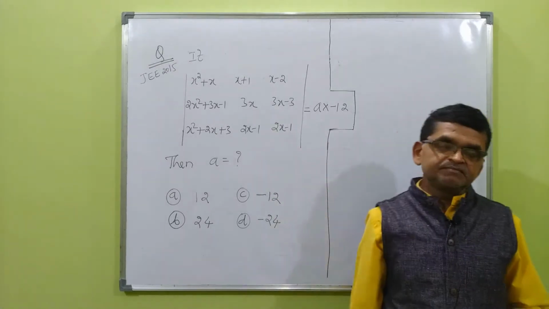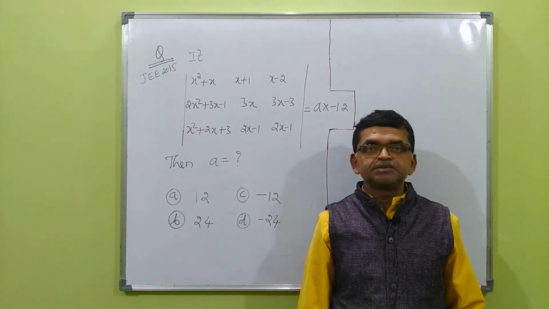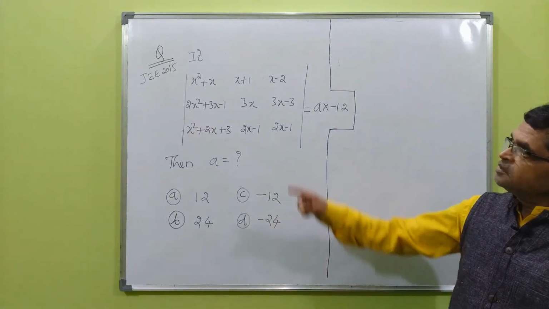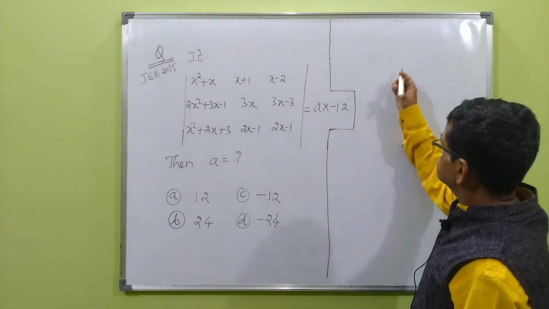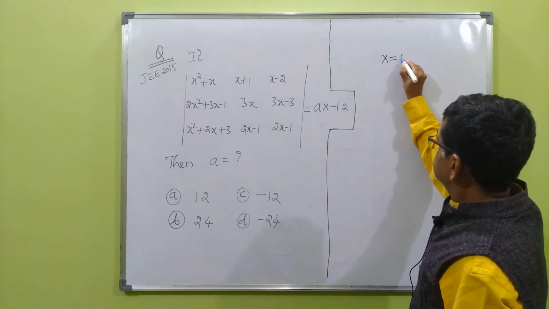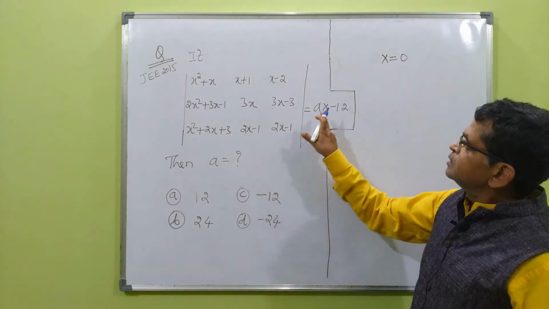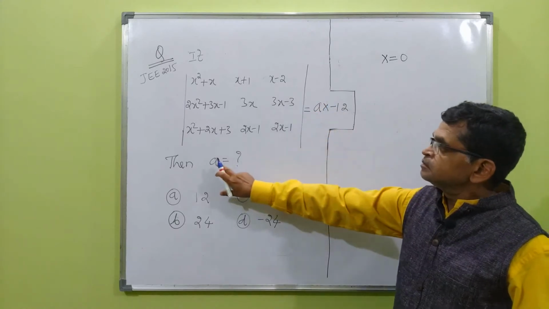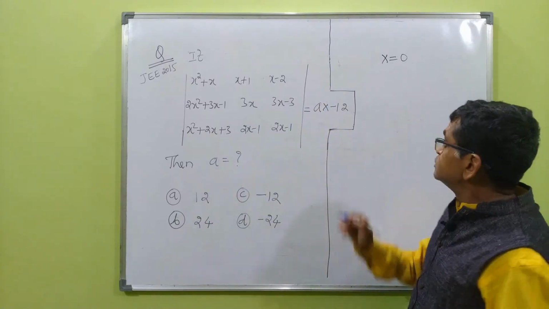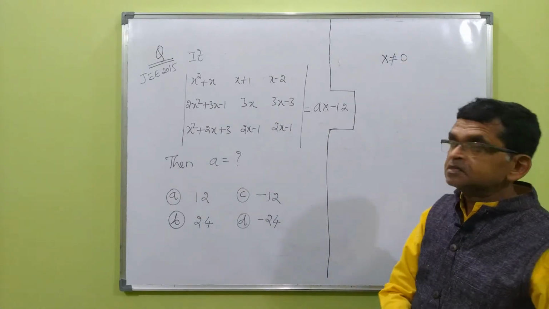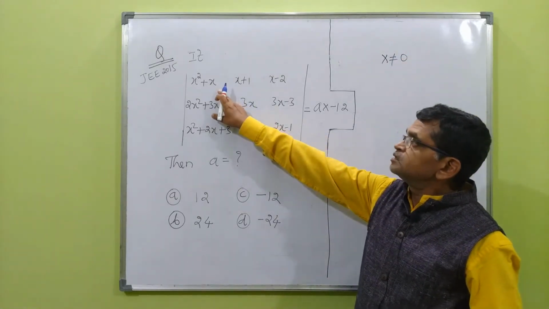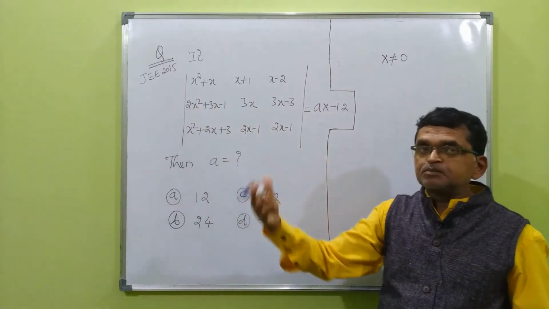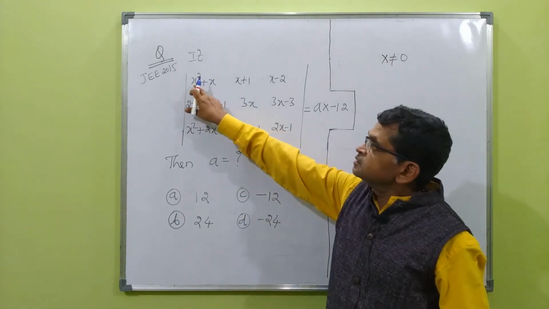Here also let us apply the substitution technique. You can take x is equal to 0. What happens? If you take x is equal to 0, here the a into x term will vanish. We can't get the solution. So you can't take x is equal to 0. Now let us take x is equal to 1. You may get some value, you can arrive at the solution. But to make it simpler, let us consider x is equal to minus 1.